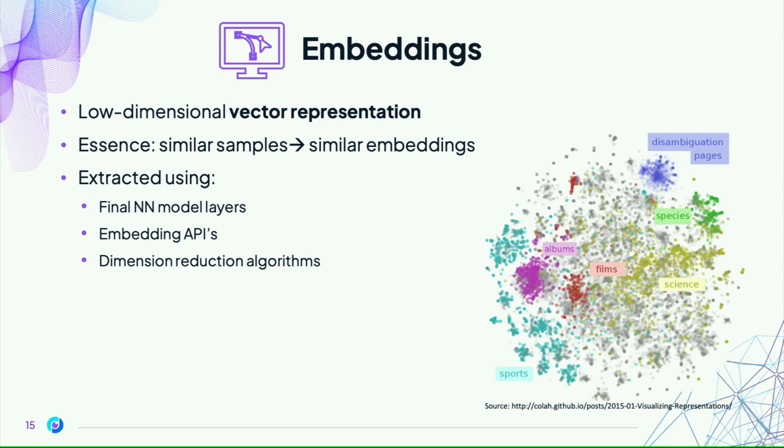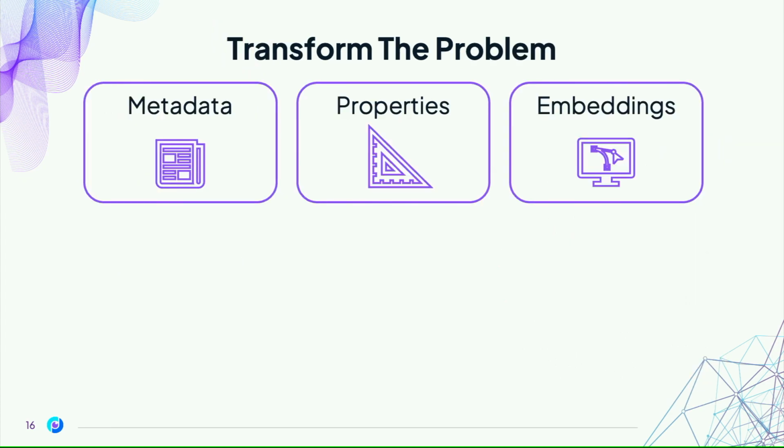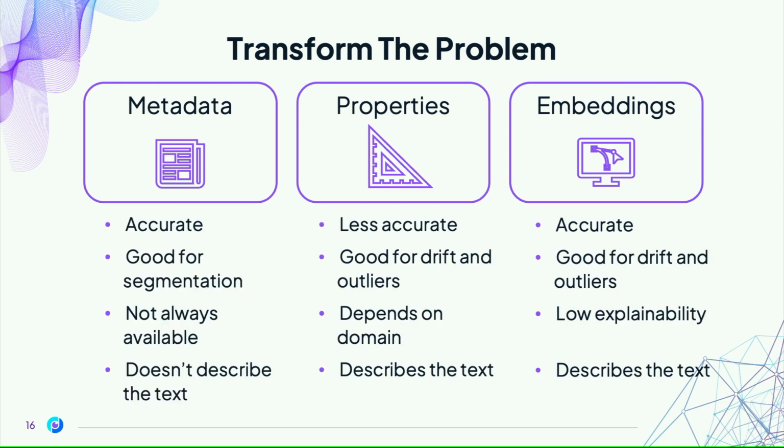The important property of embeddings that we're using here is that similar samples are close to each other in embedding space and vice versa. These similar samples will be far away. That means that if we detect a shift in the distribution of the embeddings between our reference data and our production data, we know that some drift has happened. But of course, we don't know what happened. We just know that drift did happen. So to recap,